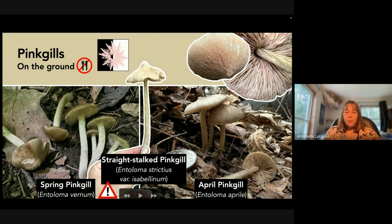You have the April pink gill, the spring pink gill, and the straight stalk pink gill. I keep finding the straight stalk. Like this past week, every time I go in the forest, I find one or two. Their spore print is pinkish. You can kind of see it at the top right,